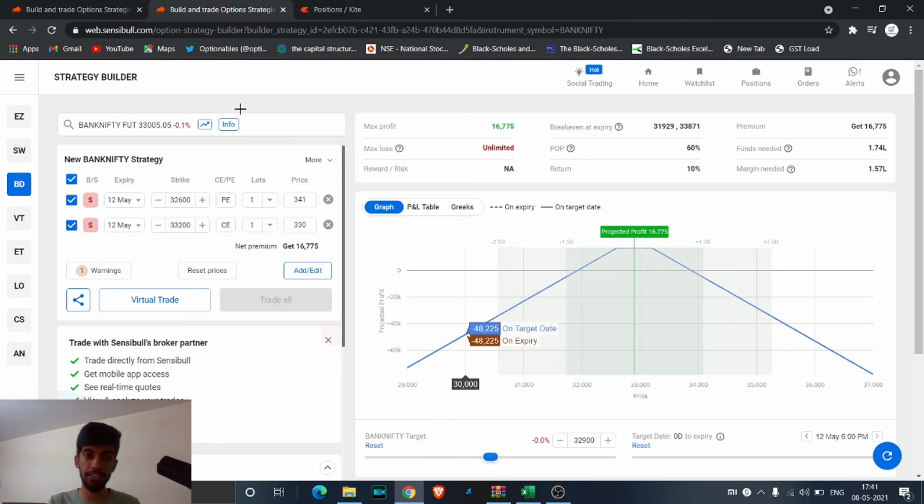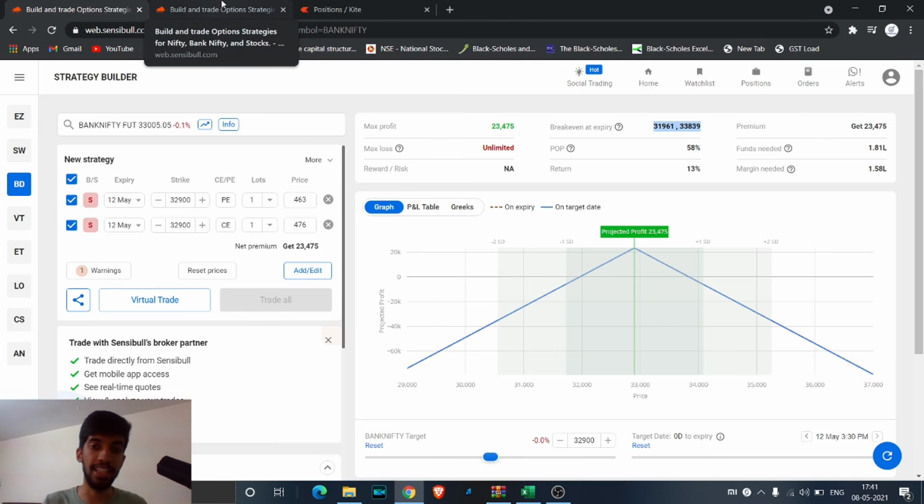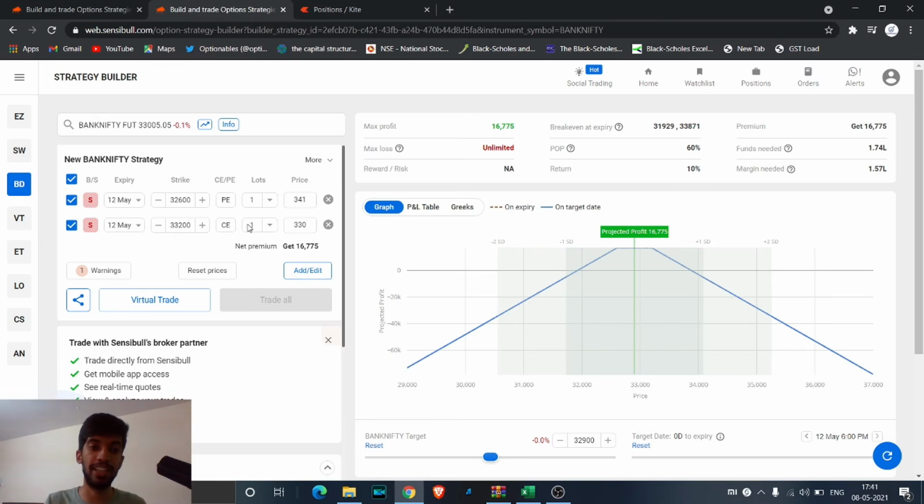So why is this better than this? First we are going to look at the break evens. So here look at the break even. It is 31,961 to 33,839, right? 31,961 to 33,839. So we are going to go back to the strangle and look at what exactly the break even is. I have done a 300 point strangle here. So here it is